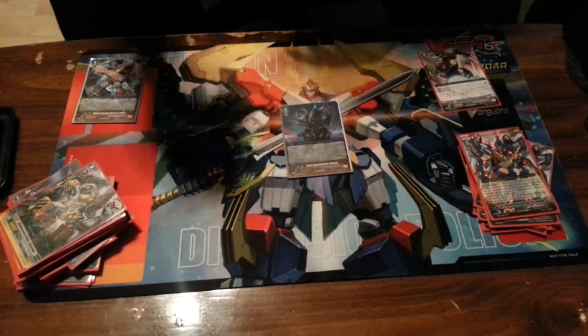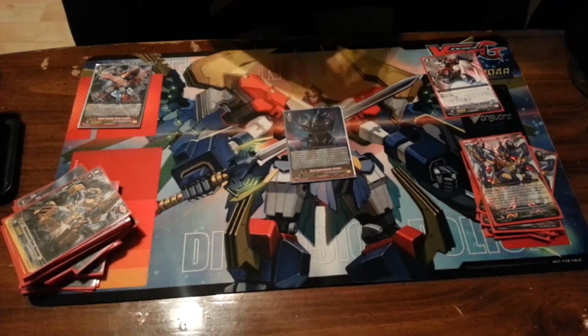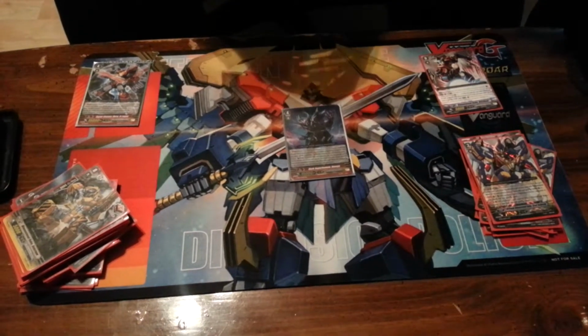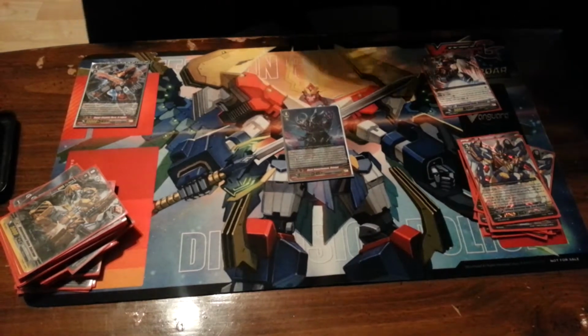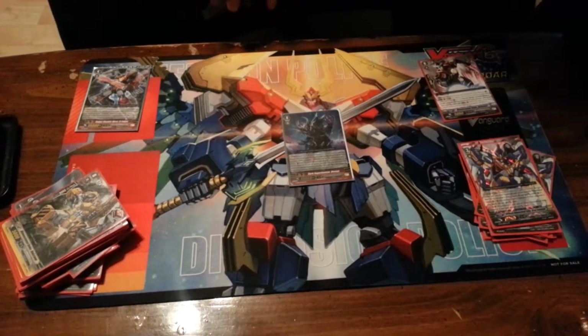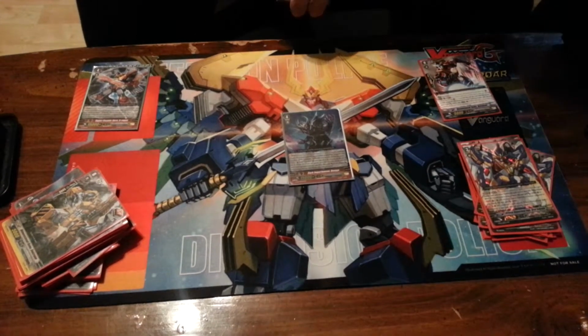I run 1 Dark Superhuman Omega. His ability is Counterblast 2 and Soul Blast 1. When this unit is placed on Vanguard, you may pay the cost. If you do, choose one of your rear guards and put it into your soul, and then